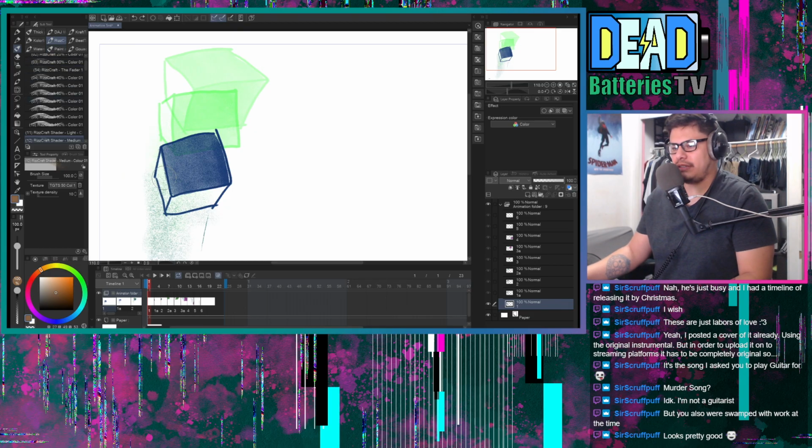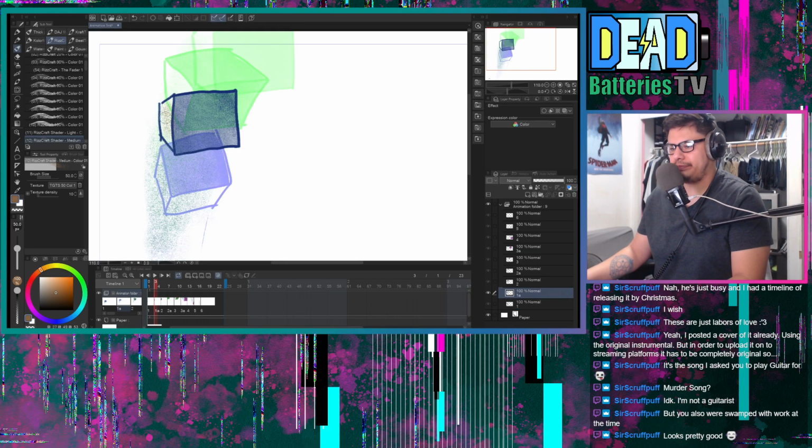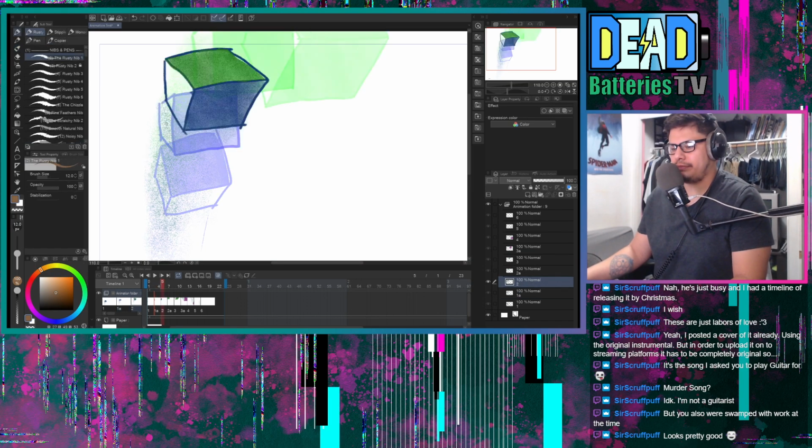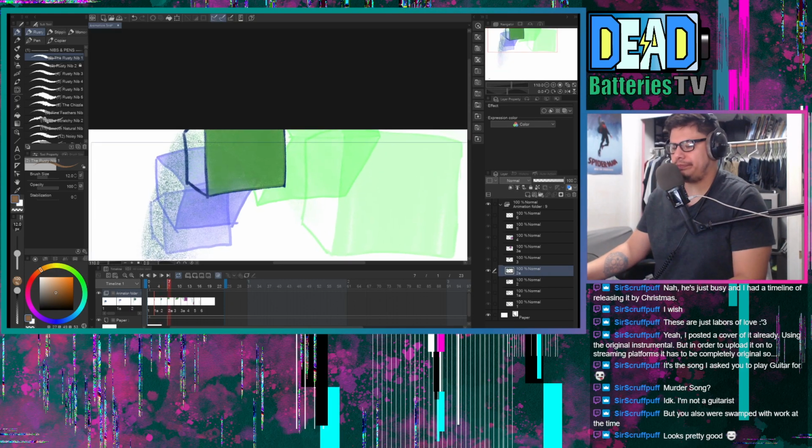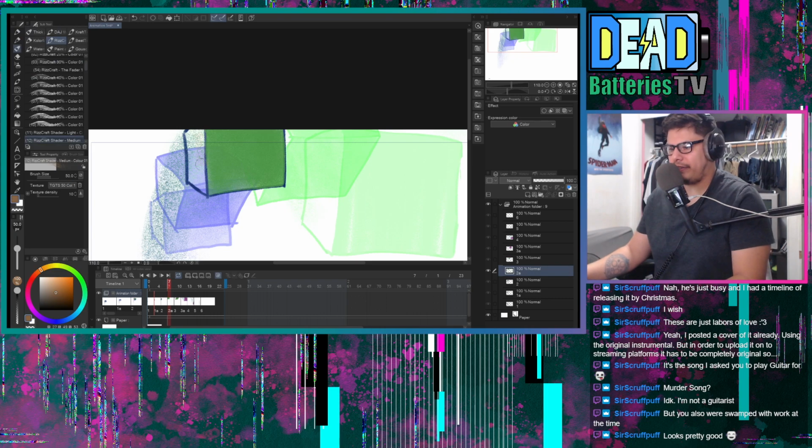Riskcraft. I kind of like this Riskcraft shader. I essentially want, I'm gonna have to change this shortcut because it's not working for me. There's still some things that I'm trying to figure out to get the most effective